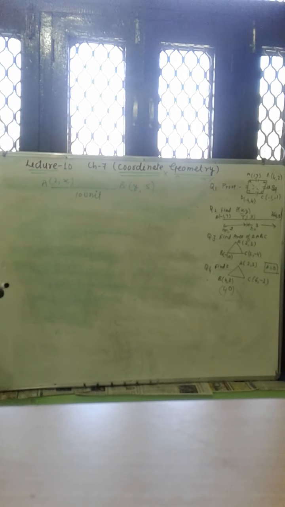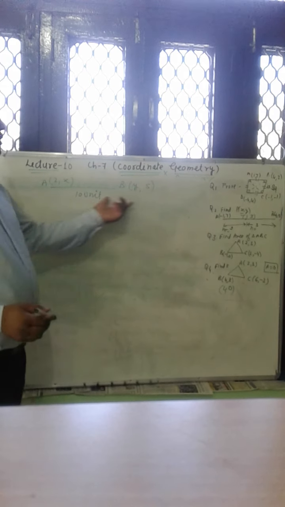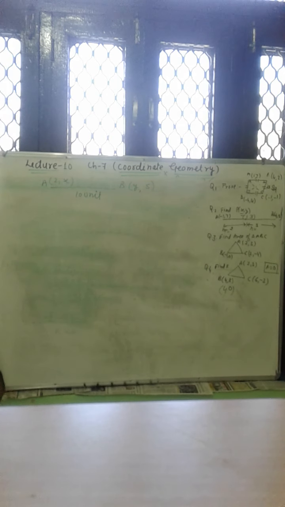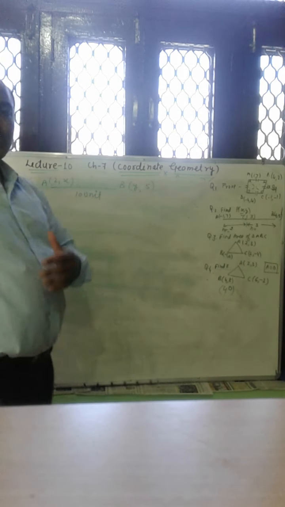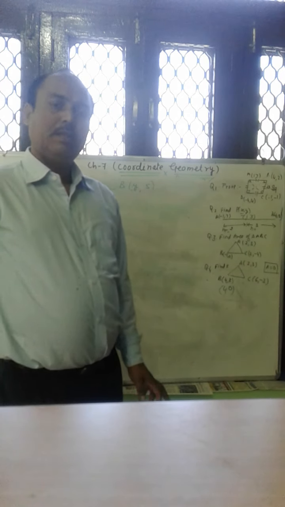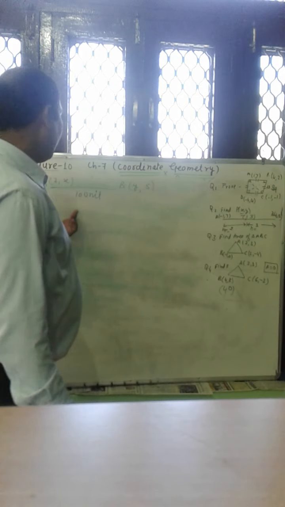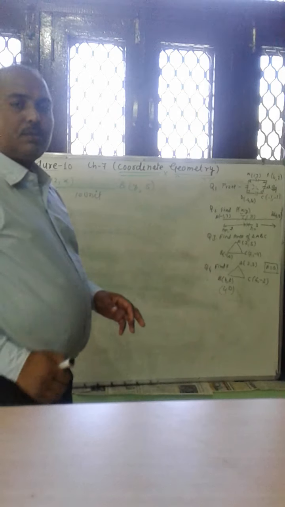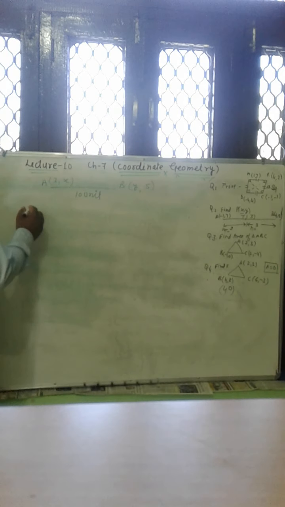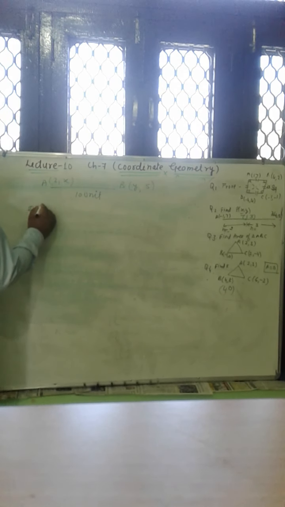Then find the relation between x and y. Such types of questions can be created, but the way of solution is very simple. So you can solve like this: distance of AB,